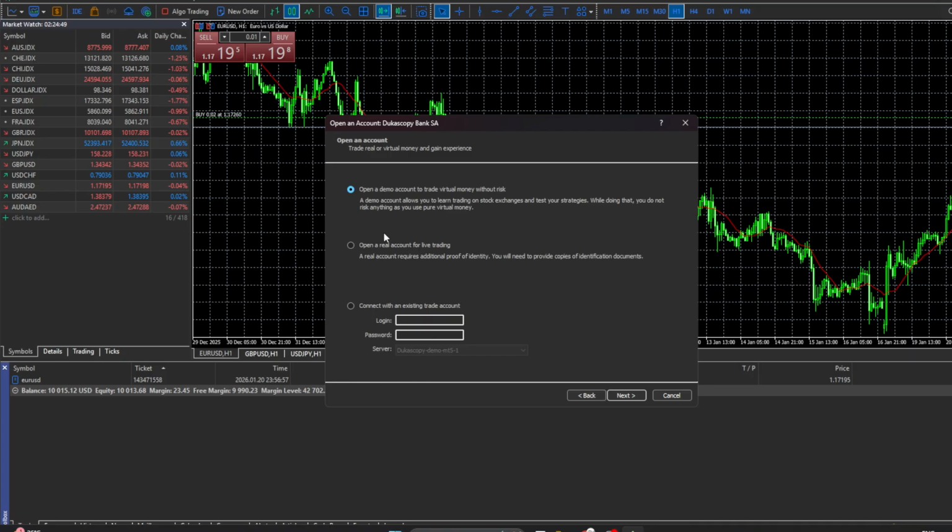If you're creating a demo account, you may need to enter basic information like your name, country, and desired account parameters. Just fill in the fields as requested and proceed through each screen. After you complete the prompts, MetaTrader5 will attempt to connect to the broker's server. When the connection is successful, you should see your account appear in the Navigator panel under Accounts, and the connection status in the bottom right corner should indicate you are online. At this point, your broker has been added, and